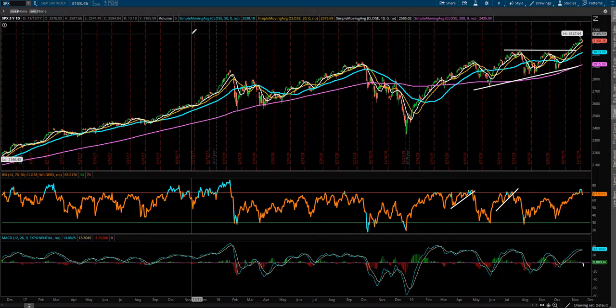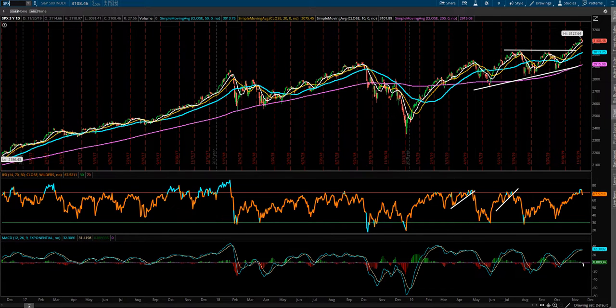But when we talk about what happened in the 90s and in the beginning of 2000, we were above that 30 PE ratio for about 4 years before it actually topped out at 45. So this is not saying the market's going to crash tomorrow by any stretch of the imagination. All this information is really telling us is historically the market is expensive, but that doesn't mean that it can't continue to stay expensive or get even more expensive from a PE ratio standpoint over the next couple of years. So it's not a reason to go out and sell stocks or anything like that. It's just another thing to put in that column of reasons to be cautious.